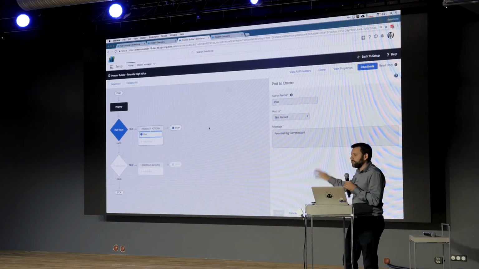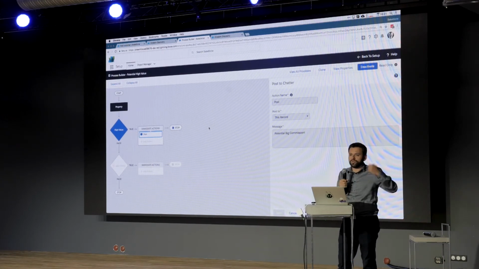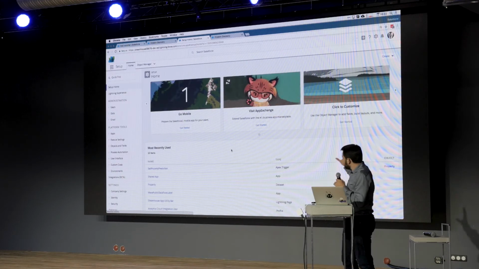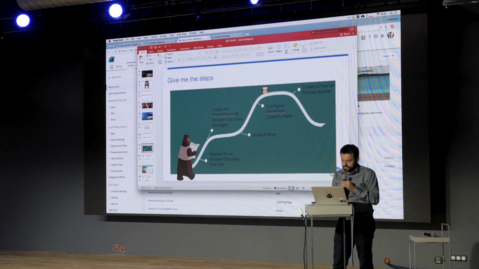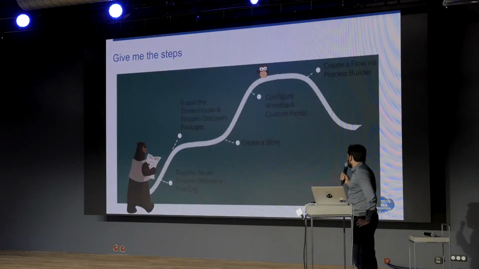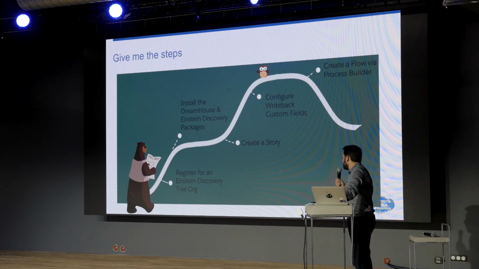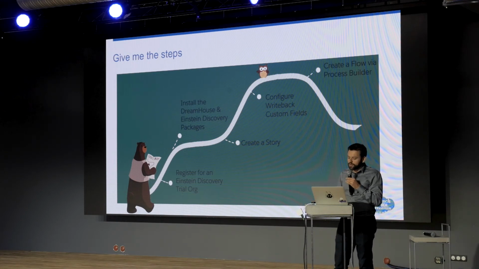So now you can create real automation. For example, if I know that this house has a very high value, I may want to do something else or drive a different selling process. Everything that I showed you is possible by following the different steps that you can see in the slide here. Nothing rocket science, everybody can do it. We get a lot of people super excited who are trying it. And again, you go to Trailhead, you don't need to speak to any Salesforce person, you can just create your org and try the product.